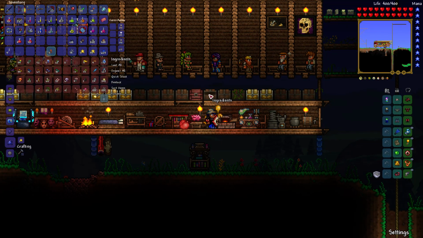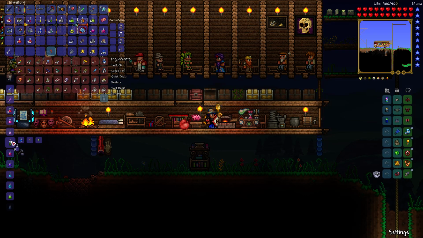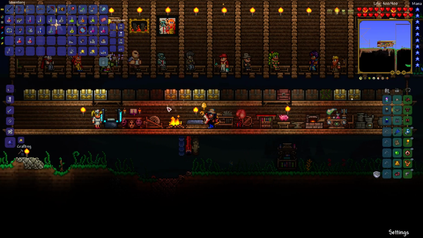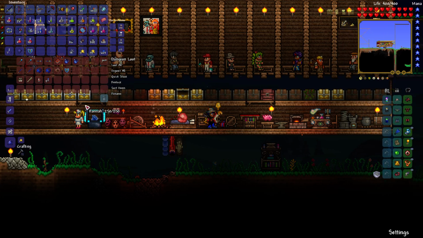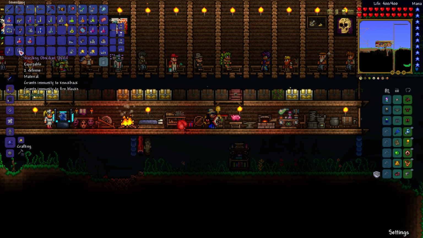So yeah, let's make a few more obsidian skin potions then. There we go. And actually, I should make an obsidian skull here as well. I can even combine that. I've got a chest labeled dungeon loot here somewhere. I can combine that with one of these at the Tinkerer's Workshop again to get an Obsidian Shield,